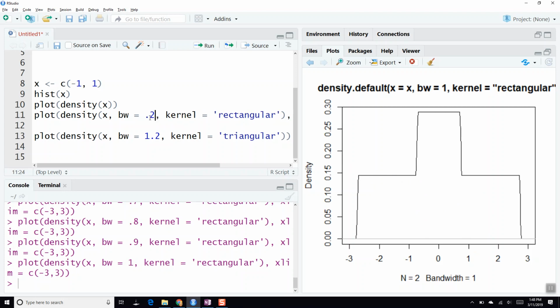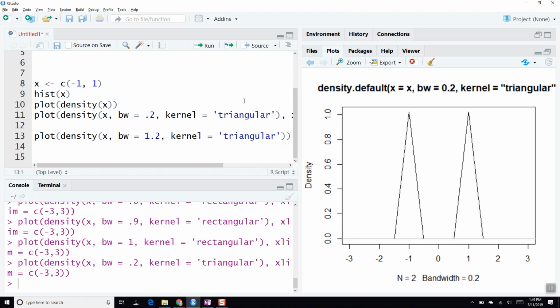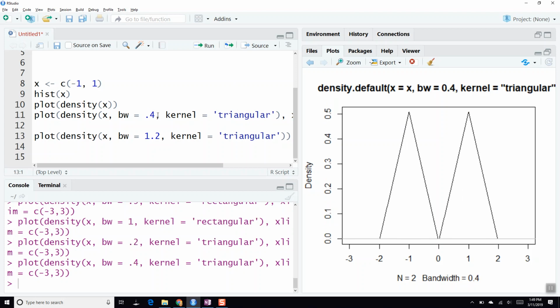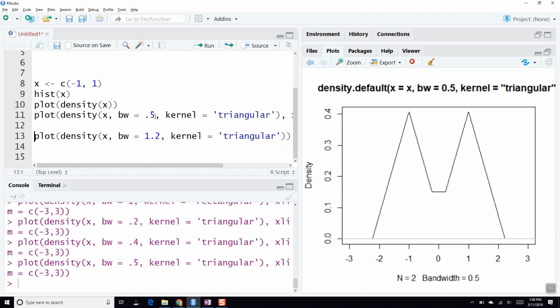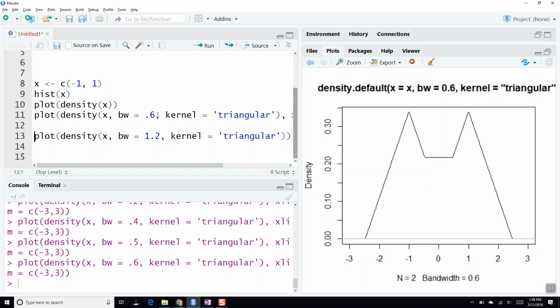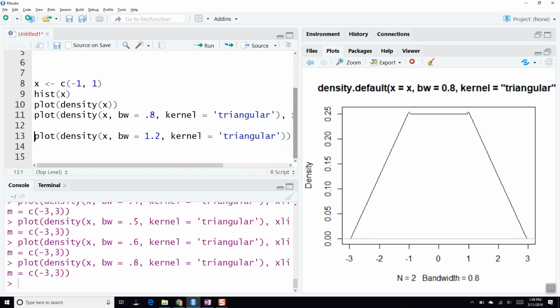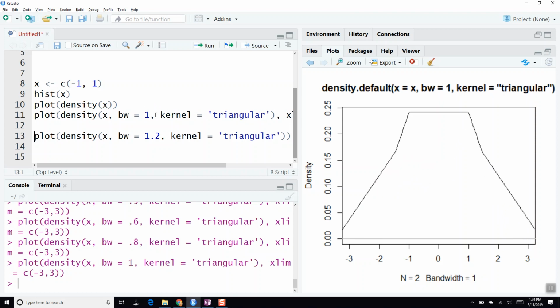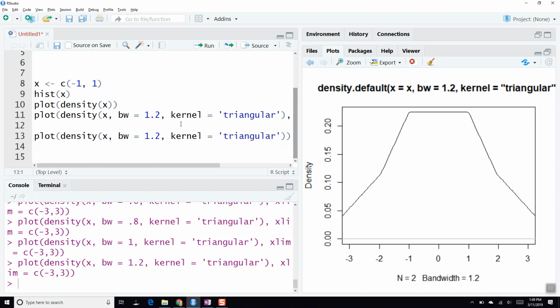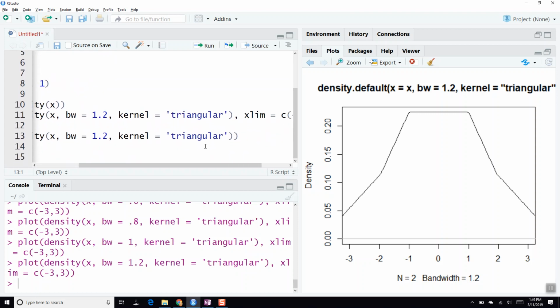Same with triangles, okay? Instead of a rectangular kernel, you can have a triangular kernel. So here's a triangle, and as I make them wider, what will happen in the middle? So here's 0.4, and if I go up to 0.5, this side goes down, the other side goes up, and so they overlap, and you get this flat part in the middle. When the thing gets wide enough, you get this weird shape, right? Okay, and so basically at this point,